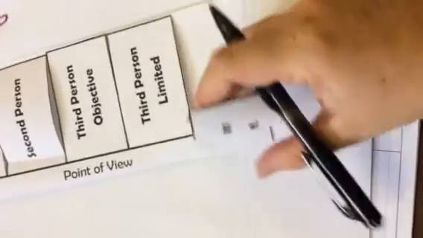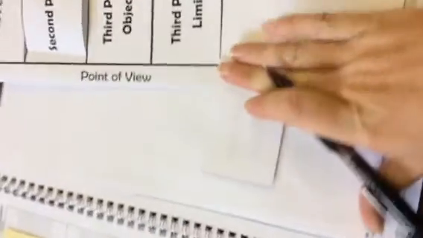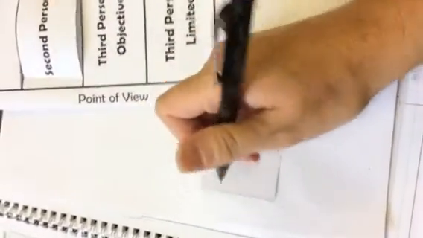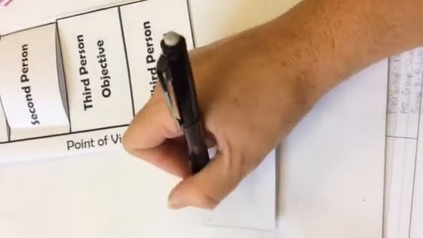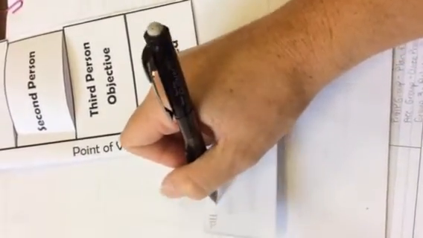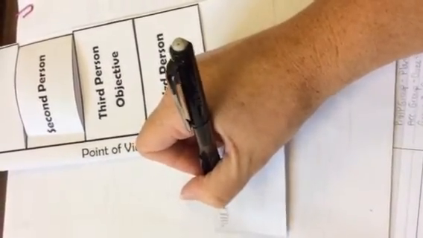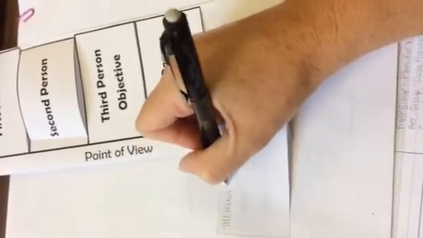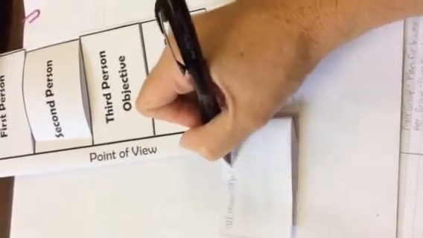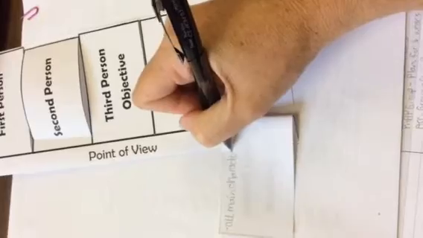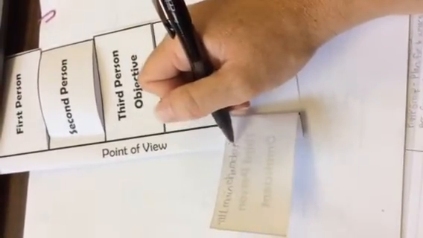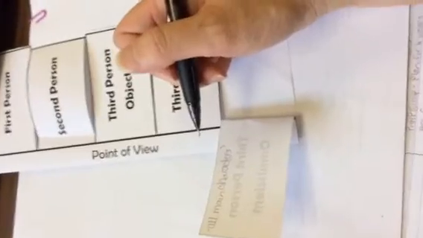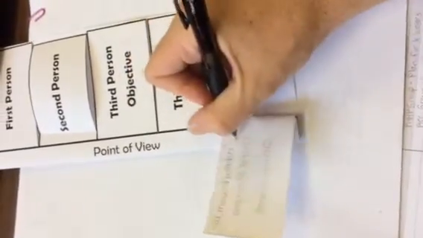Okay, so if you'll fold this over like this. Okay, so we know that with third person omniscient, we are able to get inside at least all the main characters' minds. So all main characters' minds can be read. Make sure you put the apostrophe after the S, not before it. If you put it before it, you're telling me you have one character, but that's not the case. So all main characters' minds